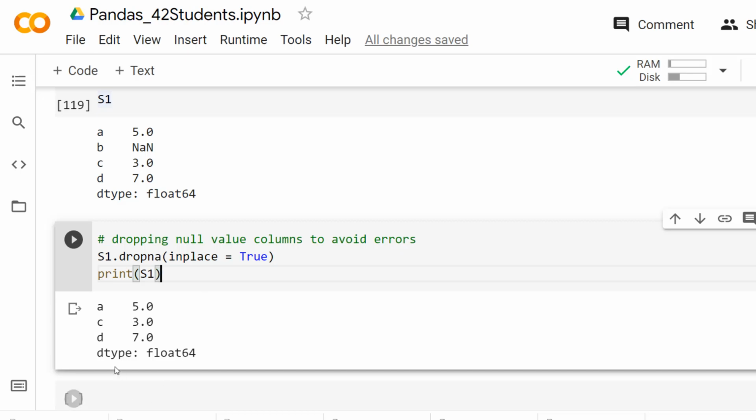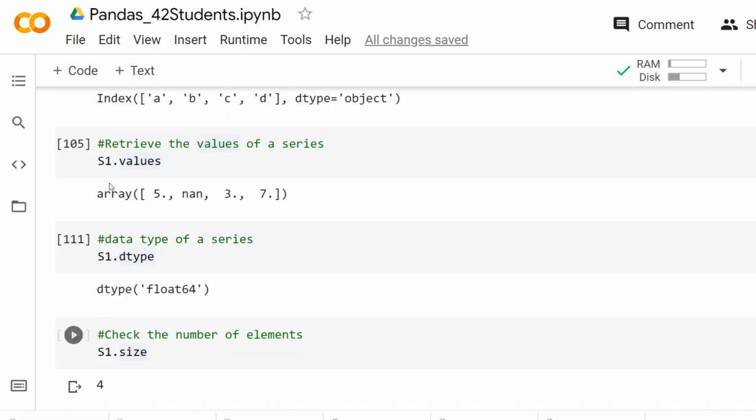So far in this lecture, we have seen how to create the series data structures in pandas, how to access elements from the series objects, and in addition, we have seen the application of various operations on the series data structure, like how to apply unary operations and binary operations, and how to get the details of the series data structures. All these details we have seen in this video. Now I hope you understand how to create a one-dimensional data structure in pandas. Thank you for watching this video.